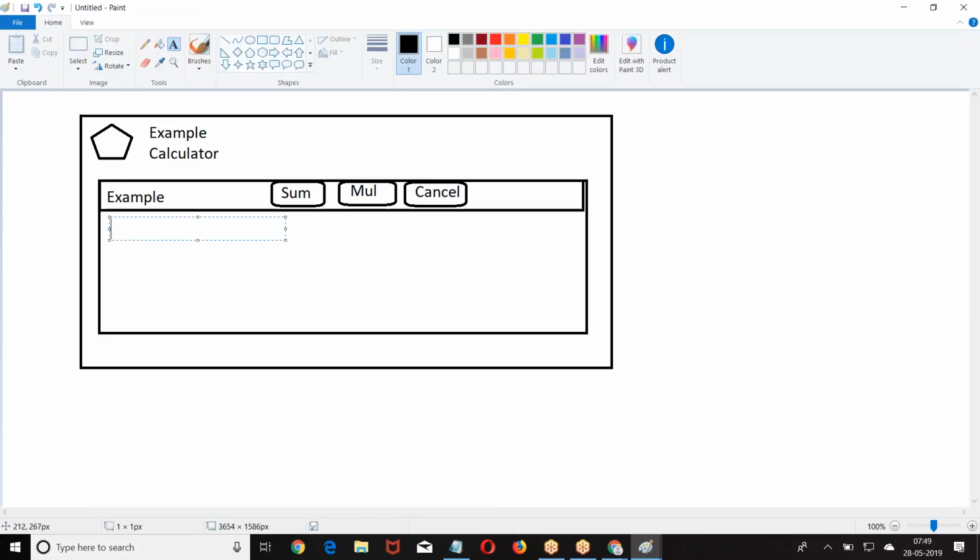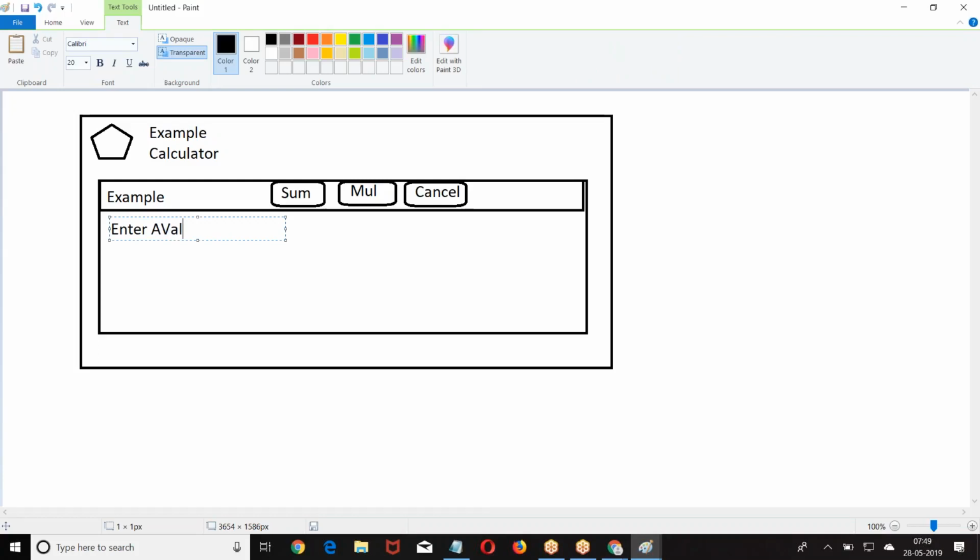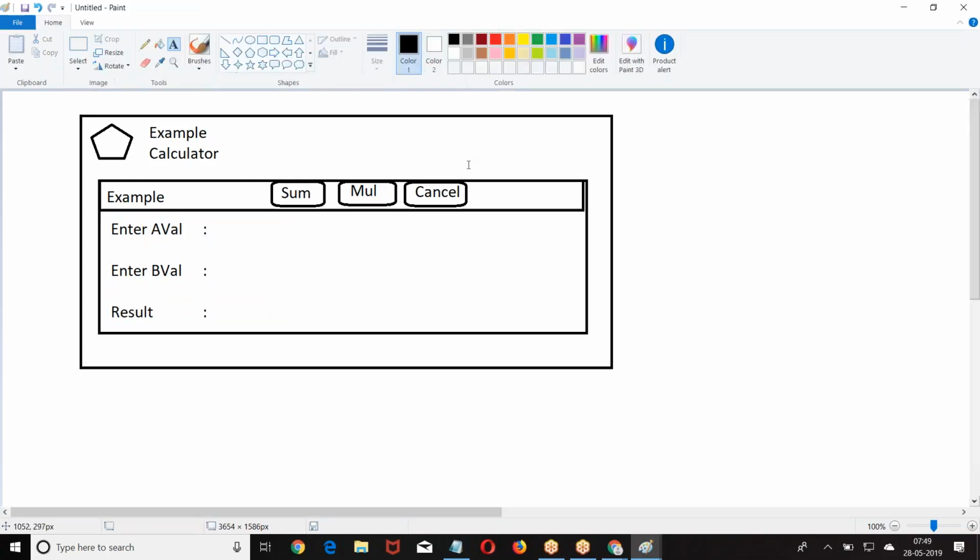This is how I give. So when I enter A and B, the sum of A and B, the multiplication of A and B, cancel, reset all the way.